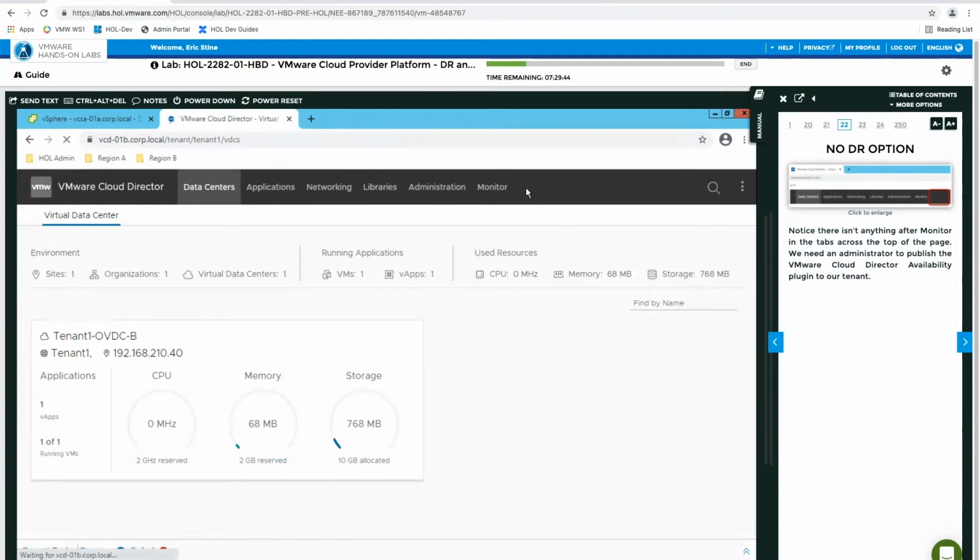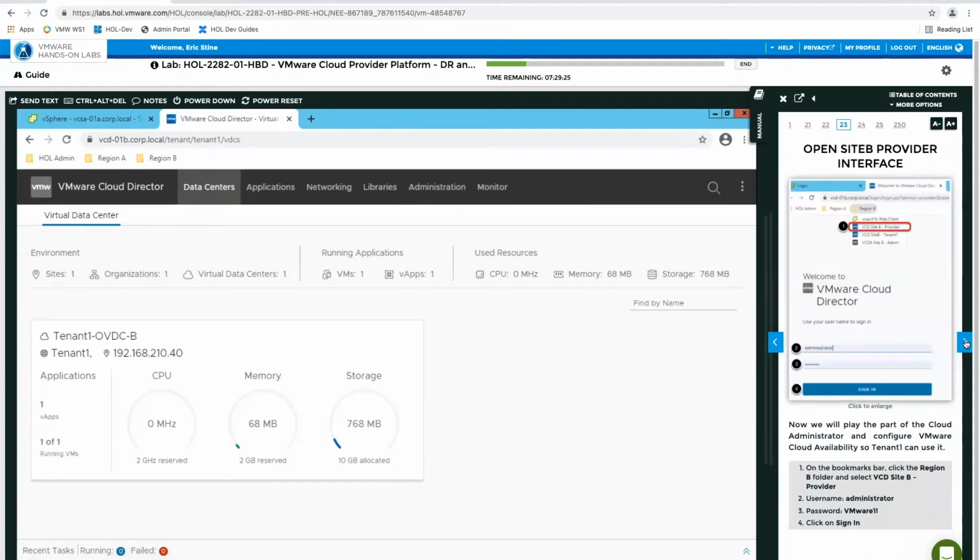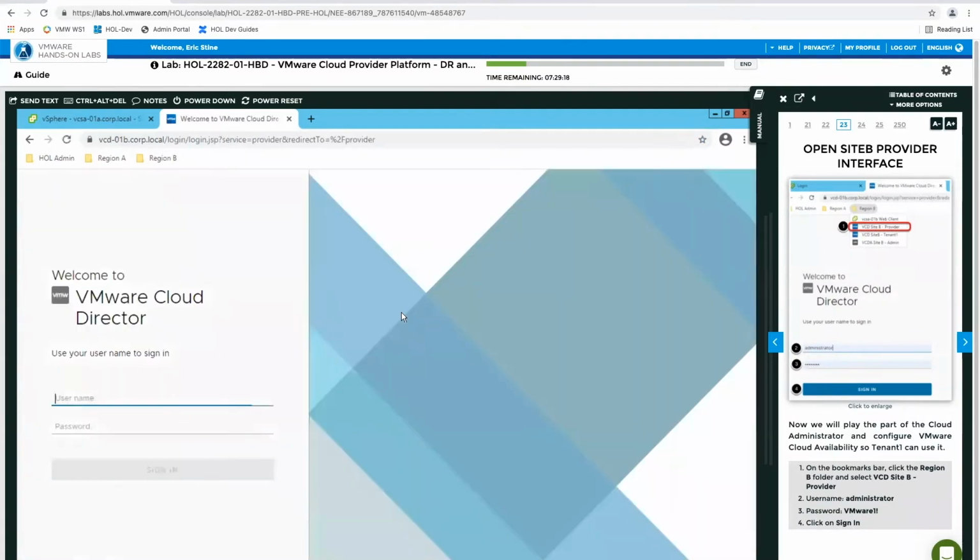And so that's one of the neat things. A few versions back, we made it so you can create plugins for the VCD UI, and that they can interact with the UI and they can show up as new options. And so that's actually what we're going to do now: we're going to log in as the provider to enable that extension for